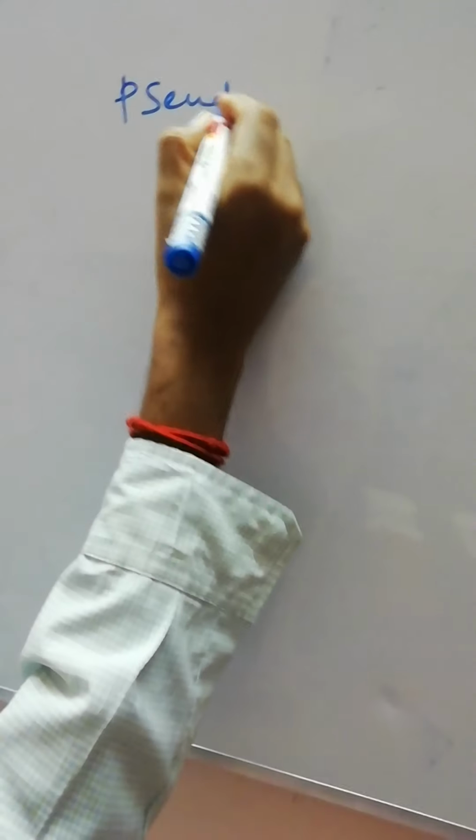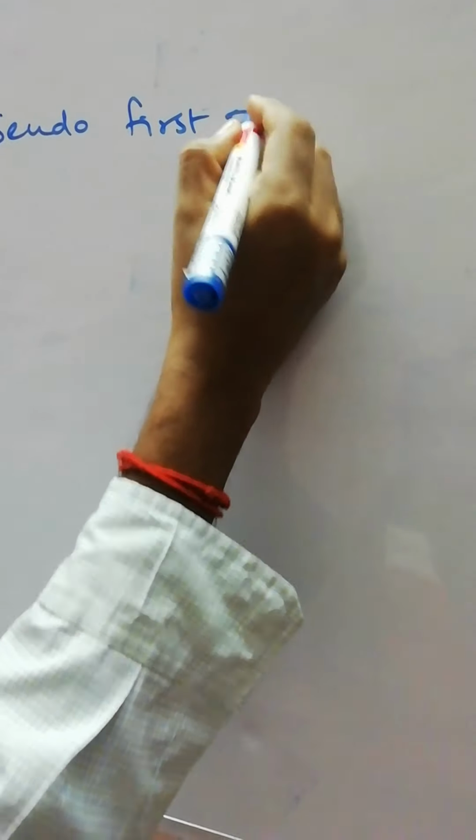Pseudo first order reaction. What is a pseudo first order reaction? Sometimes the order of the reaction changes due to some reasons. So let us take a chemical reaction between two substances. One is present in large excess, and the other is present in a small, constant amount. The reaction starts at time T0 and completes at time T. Now we have to write.